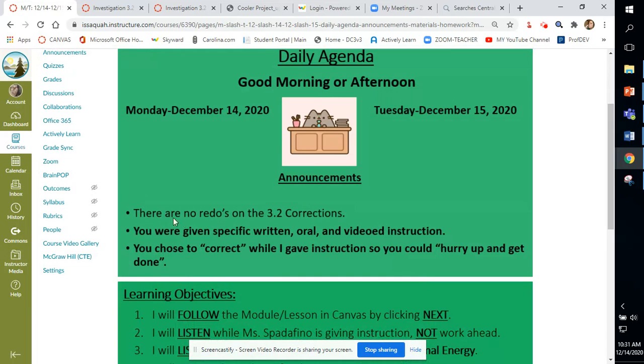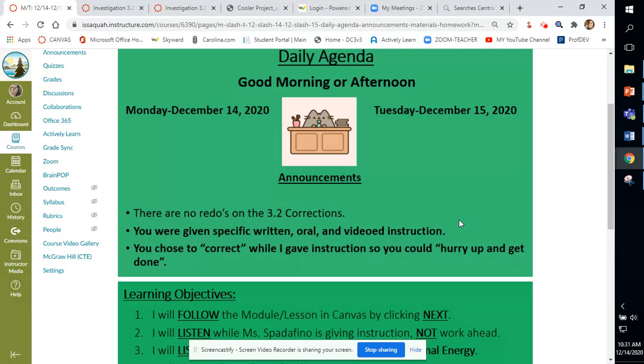Quick announcement. There are no redos on 3.2 corrections. I went over specifically the directions. The directions were written. I went over them verbally, and there was a video in case you weren't sure. And I was present for you to ask clarifying questions.